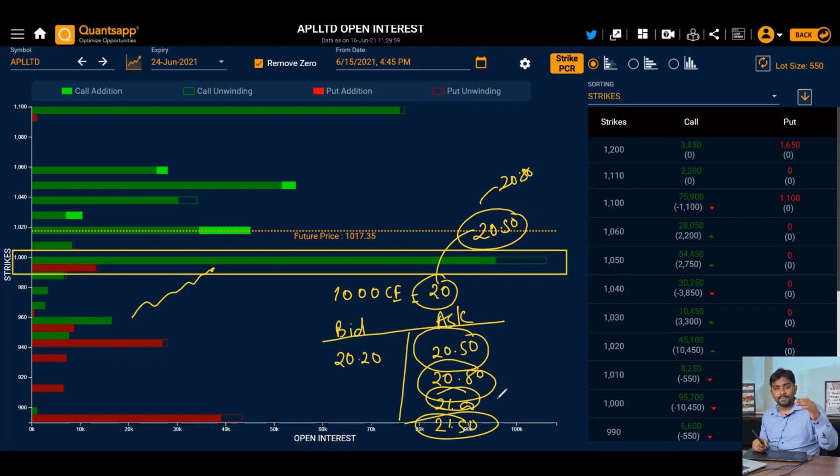So logically the price of this call option will shoot up because of the short covering. When people are exiting in a panic, we have the opportunity to trade that market by buying the option. So this is the agenda we have, and this is the concept that we are developing. First we are trying to identify the breakouts. If any particular stock's strike price has the highest call option open interest, or the put option on the downside, and the market reaches that point, that will create panic in the option sellers and they will try to exit.